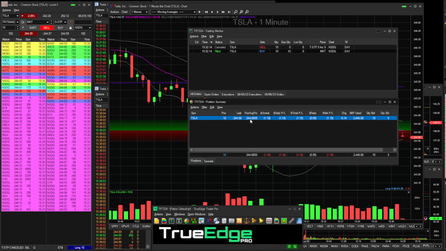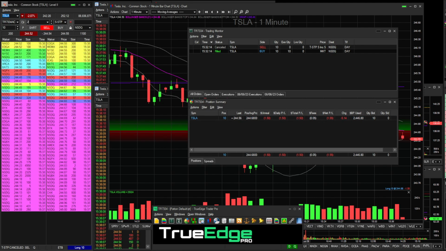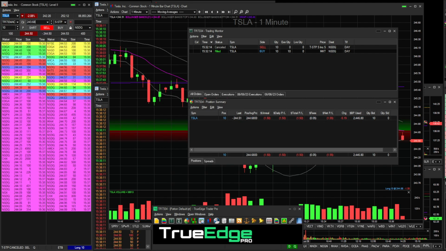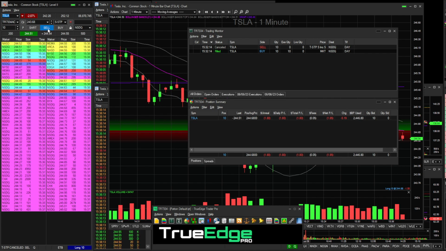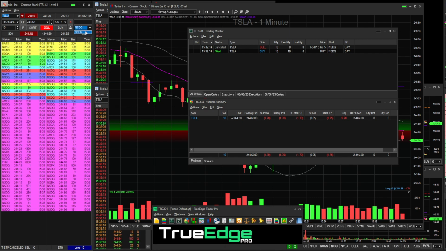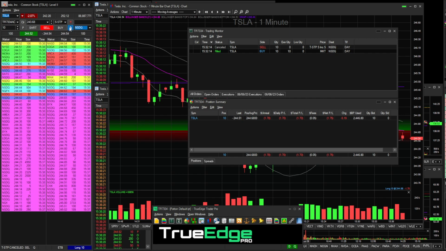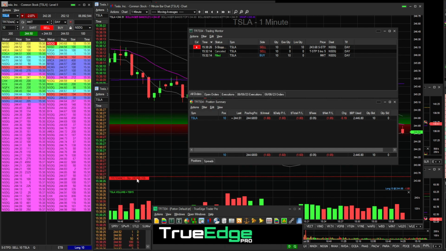243.68, correct. So I'm going to enter a stop loss to be $1 below this. I need to put it at 243.68. Then I hit this, sell. Notice that NASDAQ is already selected, so I don't have to worry about that. If that weren't selected, I need to make sure it is, but it should automatically be there. Now I hit sell. Notice now I have a stop loss right there,